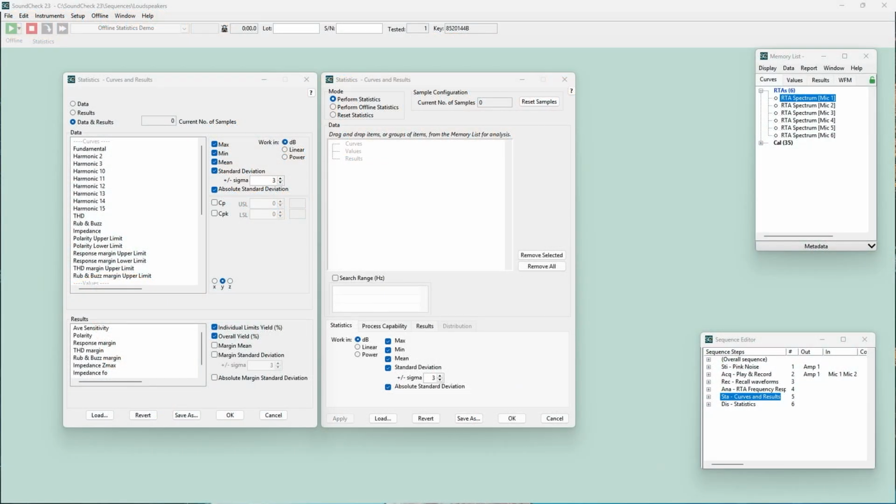Offline statistics mode is a new option which allows statistical functions previously available only from the offline menu to be used in a sequence. Today, I'm going to show you how to use SoundCheck's advanced options to run statistics across multiple signal paths within a sequence. This is something new we added in SoundCheck 23, so if you're using an older version, you'll need to upgrade